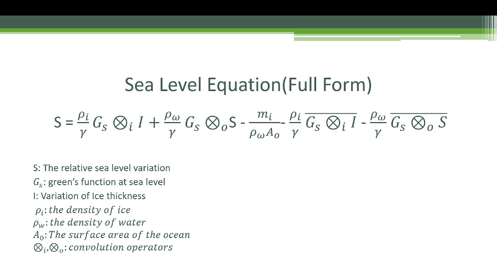The final two terms, with overbars, indicate global averages, accounting for the overall adjustment of the Earth-ocean system to maintain balance. In simple terms, this equation shows that sea level does not rise uniformly everywhere. Instead, it varies regionally depending on the redistribution of mass, the gravitational pull of ice sheets, and how the solid Earth responds. The full form of the sea level equation is essential for understanding not just global mean sea level rise, but also the complex regional